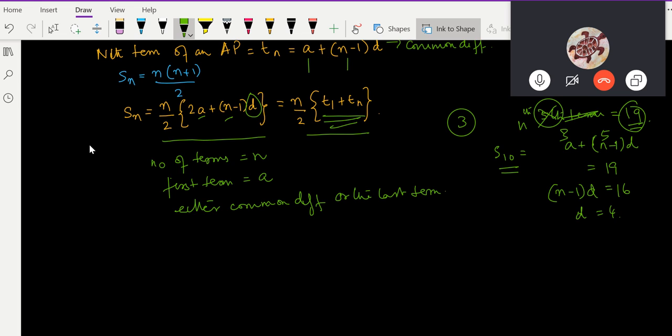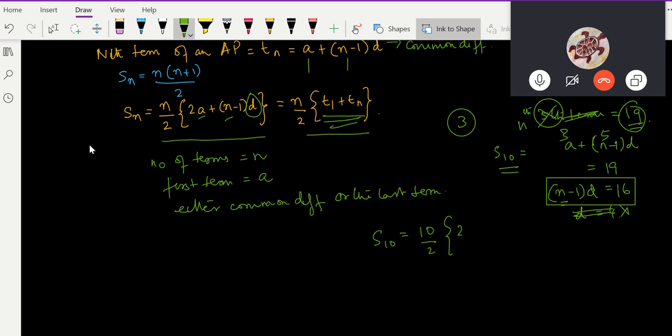Then I cannot find out d because I am not told n. But I can find out n minus 1 into d, correct? So sum of first 10 terms will be 10 by 2 into twice a, which is twice of 3,